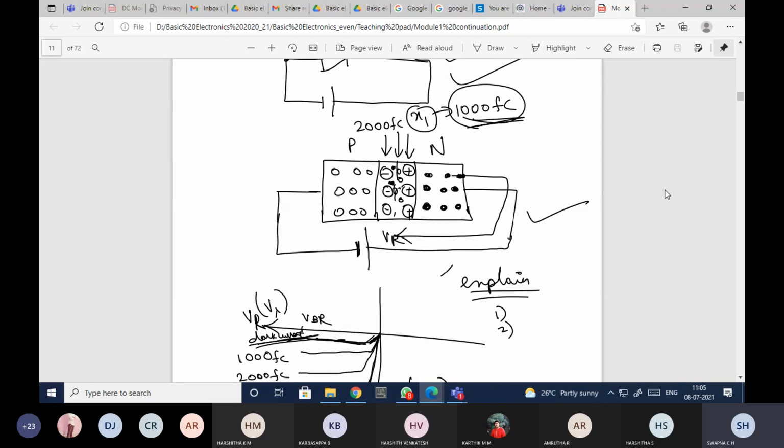So when you are illuminating it with light, the charge carriers will be